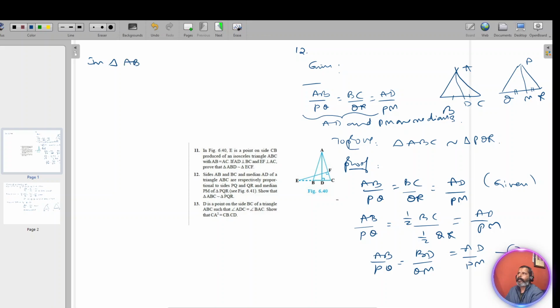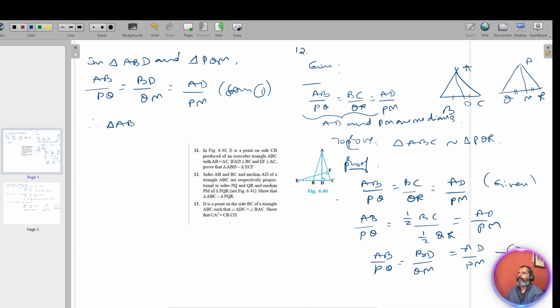In triangle ABD and triangle PQM, see, check out, all the three ratios are equal. Just copy it. AB by PQ, BD by QM, AD by PM. We just got from 1. Therefore, triangle ABD similar to triangle PQM by SSS